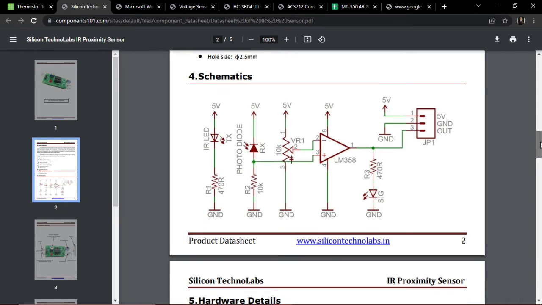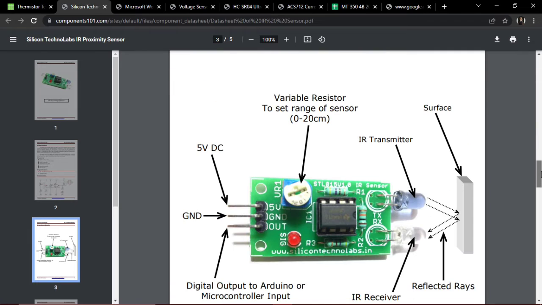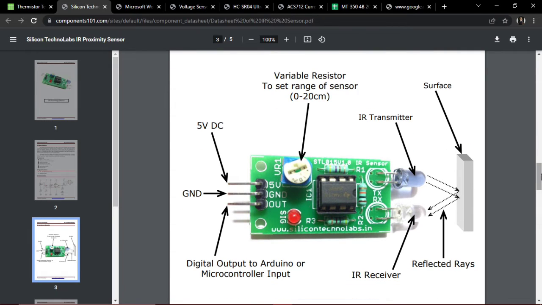As you can see, the IR LED is connected with the resistor, then ground, and 5 volt is applied on it. Then the photodiode, then resistors, ground, and in the end we have JB1: 5 volt, ground, and the output is coming out of it. So the hardware details are like this, that we have a variable resistor setup which we can change from